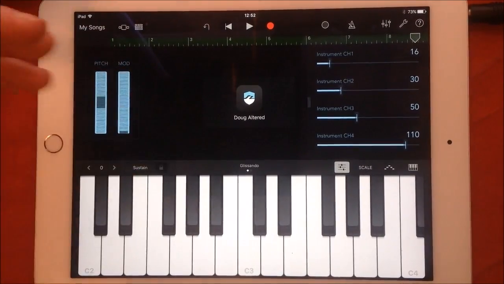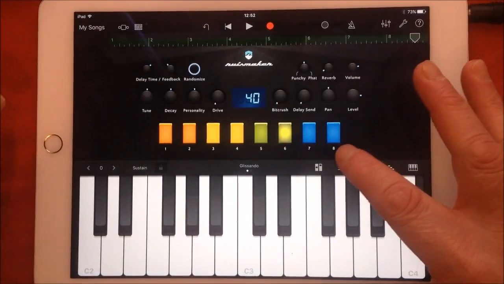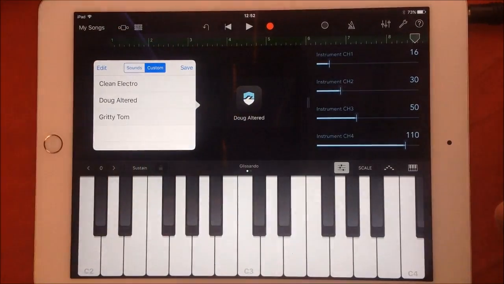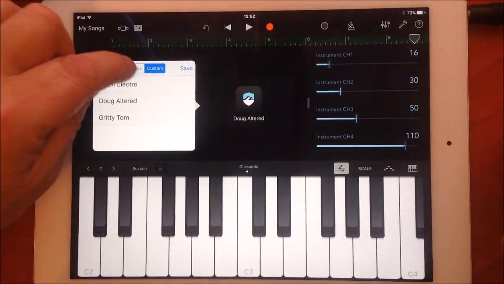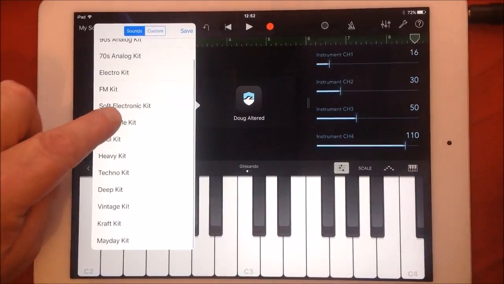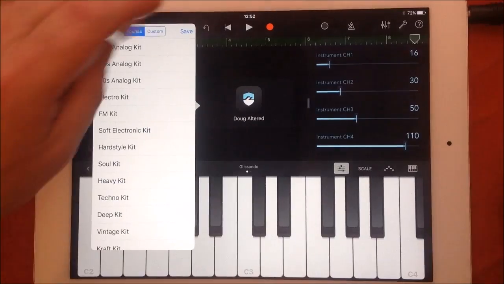You make any adjustments to the kit you want. You remember to go into your little section here, hit this, hit save, put in the name for your new kit, and it's going to be there forever. Awesome. And those are the kits that already come with it. So you get a good load of kits to start. You get a ton of